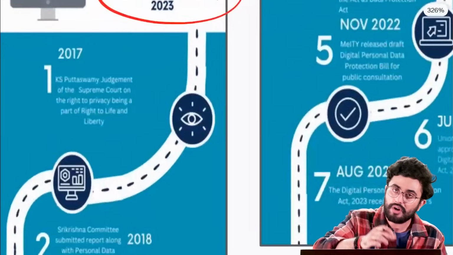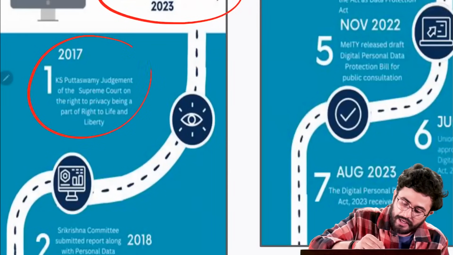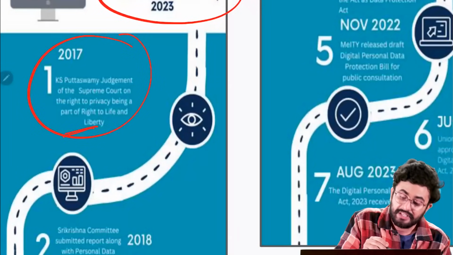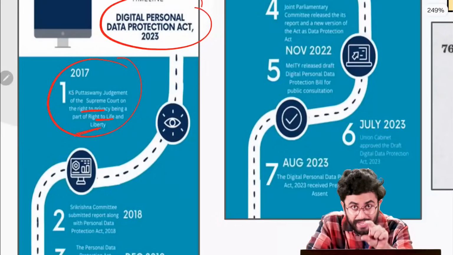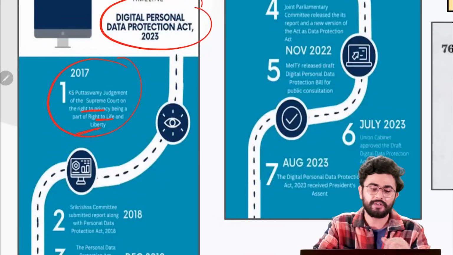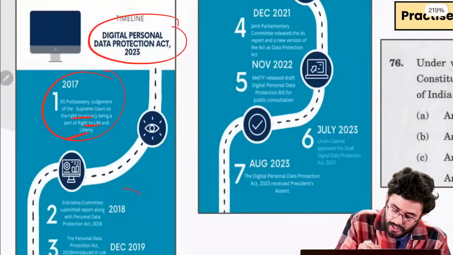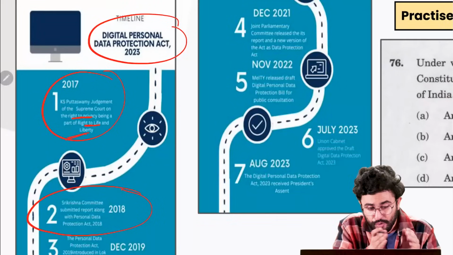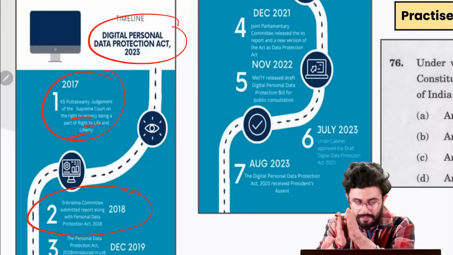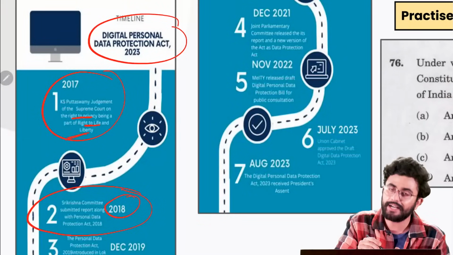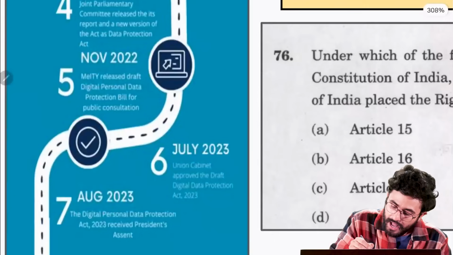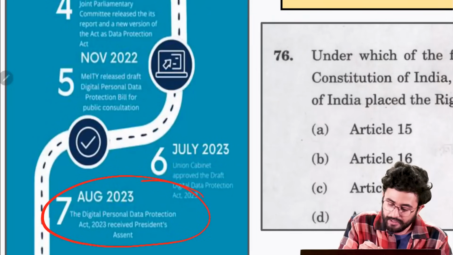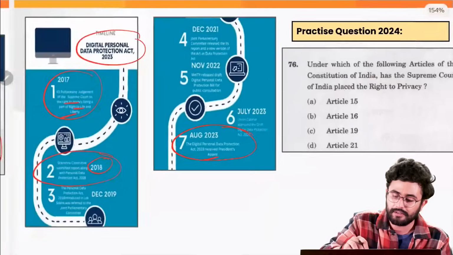So the chronology it followed, first of all, it started with the K.S. Puttaswamy judgment of the Supreme Court, which upheld the right to privacy as an integral part of the right to life and liberty under Article 21 of the Constitution. Then there was the Sri Krishna subcommittee related to the Personal Data Protection Act of 2018, which recommended some suggestions. So it was introduced finally in Lok Sabha,